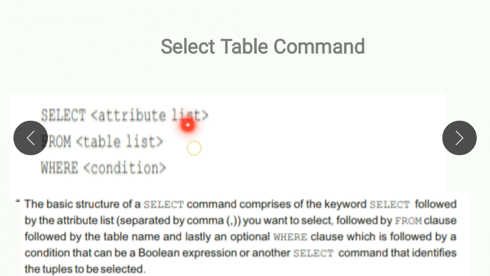You will separate the attribute list by commas, meaning if there is more than one attribute, like teacher name, teacher ID, you will separate them with the help of a comma, like teacher name comma teacher ID and so on. This is followed by the from clause, followed by the table name, and lastly an optional where clause, which is followed by a condition, that can be a boolean expression or another select command that identifies the tuples to be selected.